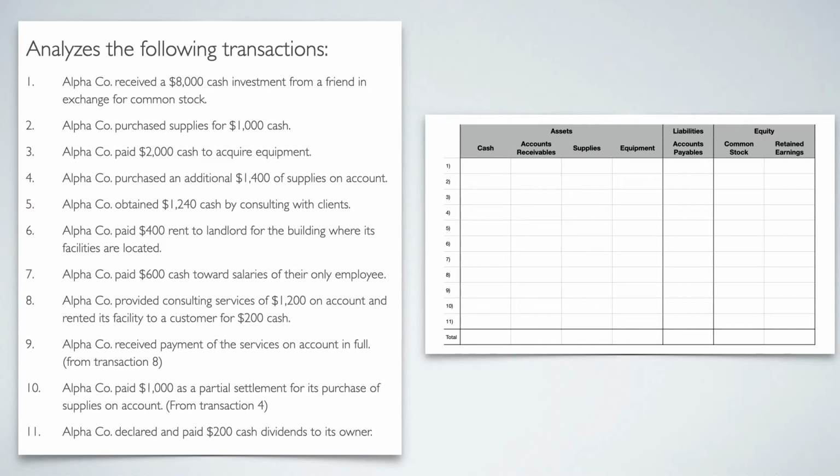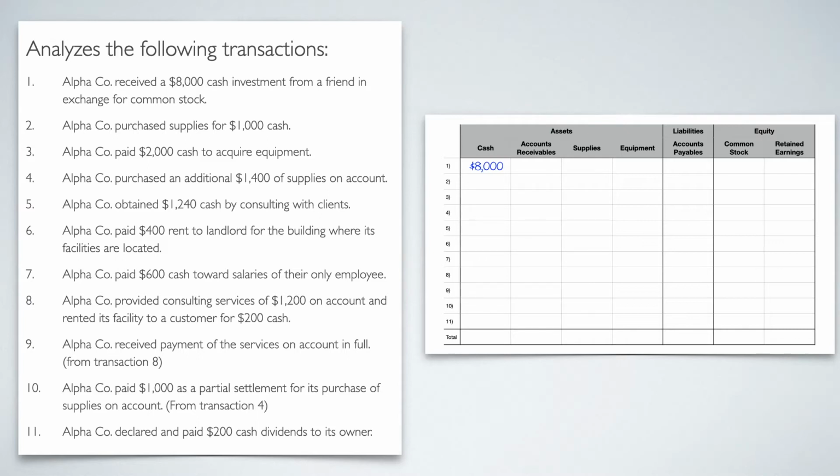So now that we know that cash is involved, how is it being affected? Well, it's going up because we received it. Remember, we're the company. We're Alpha Company. So our cash is going up. So I'm going to put in under cash 8,000 positive because it is going up. Now we have to have something on the other side because it does have to make the accounting equation equal. Remember, the accounting equation is assets equals liability plus equity. So if we only have 8,000 under assets, that means 8,000 equals 0, because nothing is under liabilities and equity right now. And that doesn't match.